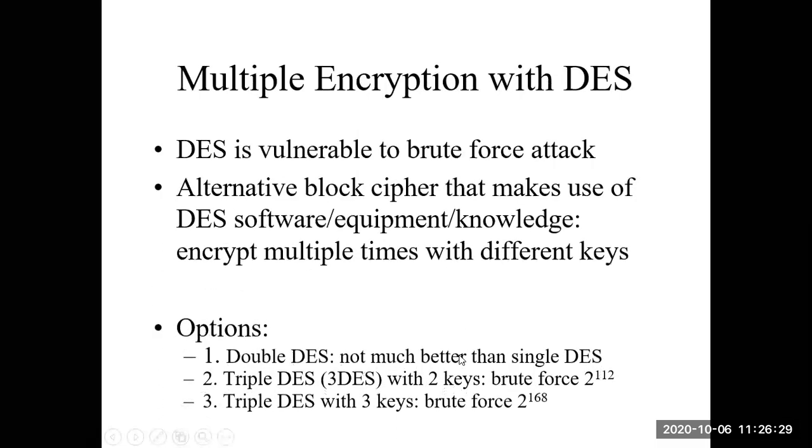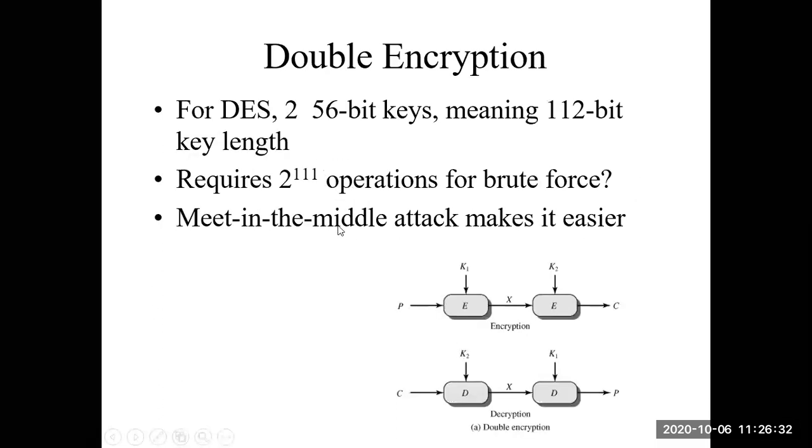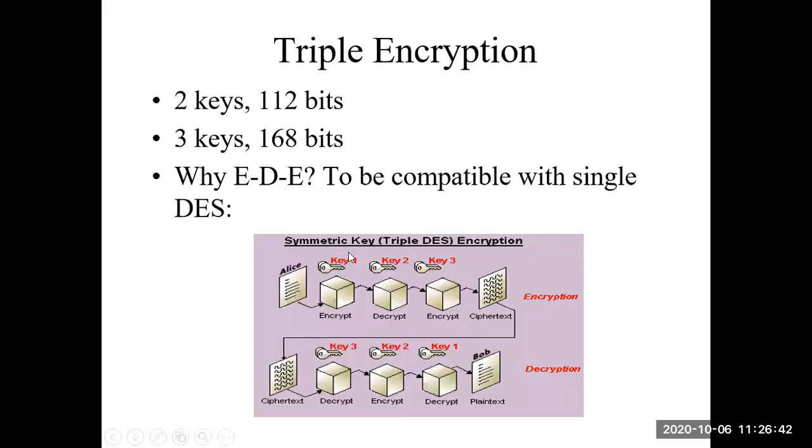Multiple encryption is possible with DES, where double encryption is double DES. Twice we are going to encrypt and use two different keys. We can also use the same key twice. Triple encryption has three encryption blocks with three different keys. Usually what we do is encrypt, decrypt and encrypt again. Once you encrypt and decrypt, you get the plain text. Again, when you encrypt, you are still getting ciphertext.